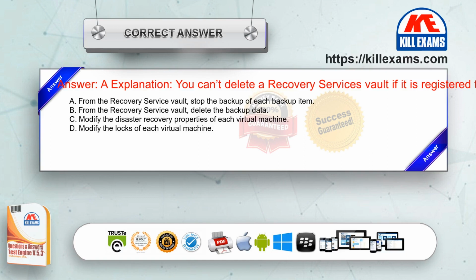Explanation. You can't delete a recovery services vault if it is registered to a server and holds backup data. If you try to delete a